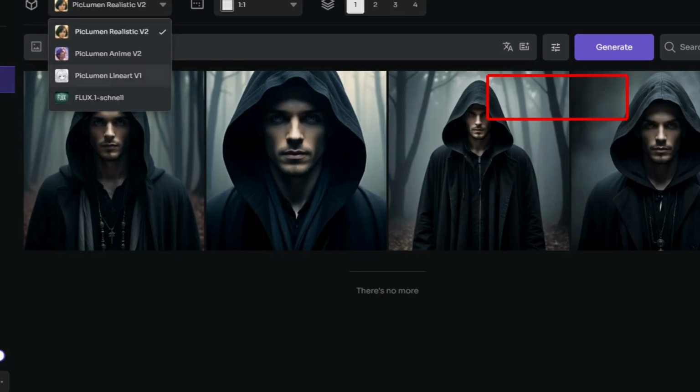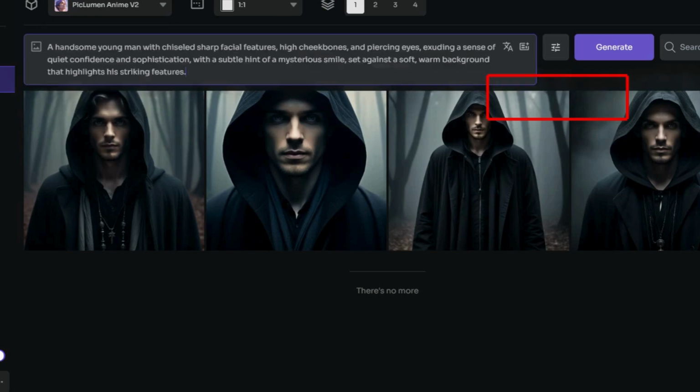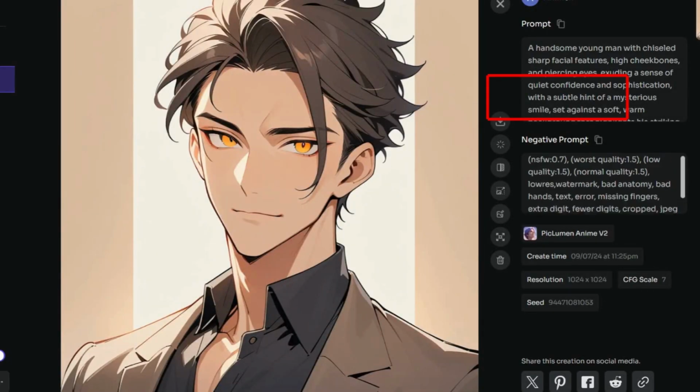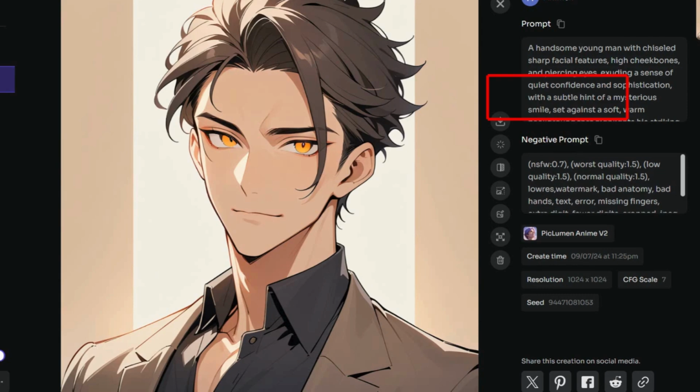Now let's try the anime model. I'll use a prompt describing a guy with sharp facial features. Hit Generate, and the images it provides look awesome. I didn't even enter any negative prompts, but the model automatically filters certain elements. By clicking here, you can download the image. You can also remove the background with just a click, and it even lets you upscale the image, making it